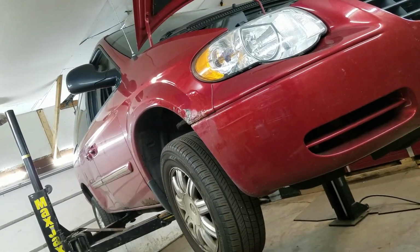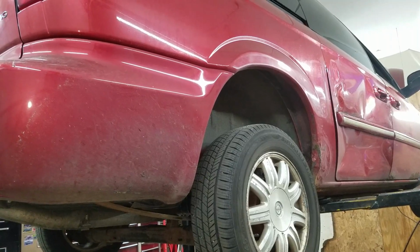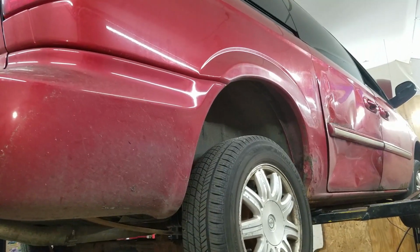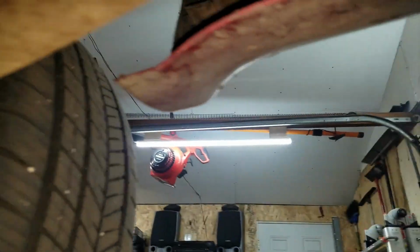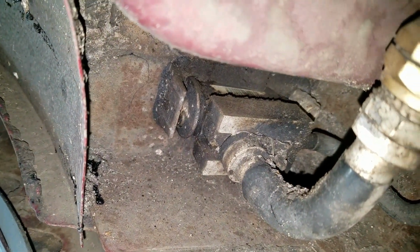2006 Chrysler Town and Country. The victim is crying because they don't like to sweat. AC refrigerant's empty. I found a leak. I used just a generic halogen leak detector, and in the back corner, this is like the dumbest Chrysler Caravan